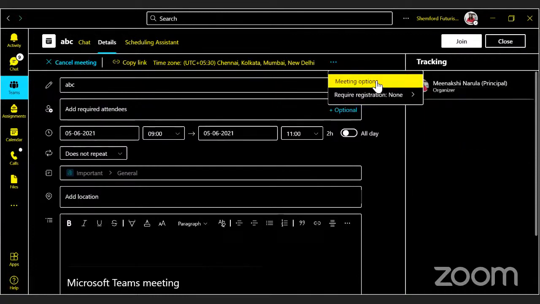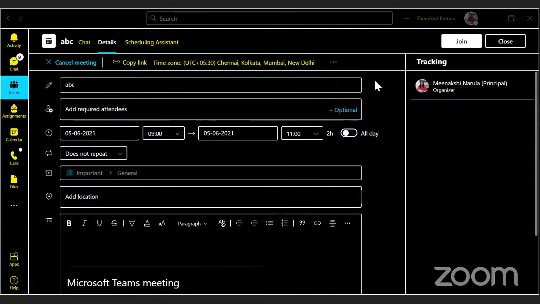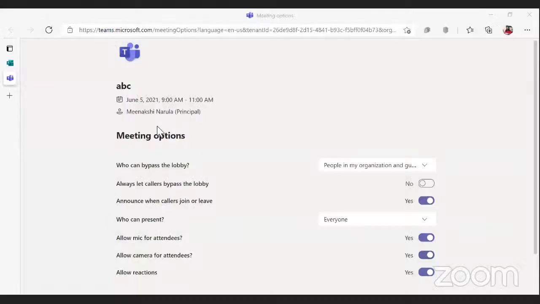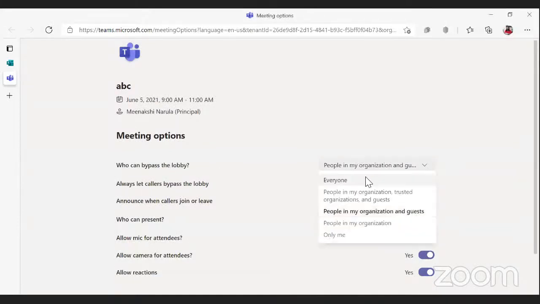Now this is very important. Meeting options. Please look here. It has taken me to this page. Meeting options: who can bypass the lobby? Who can automatically attend? As we select in a Zoom meeting, you have to select everyone, or people in my organization and trusted organizations, guests, or only me.